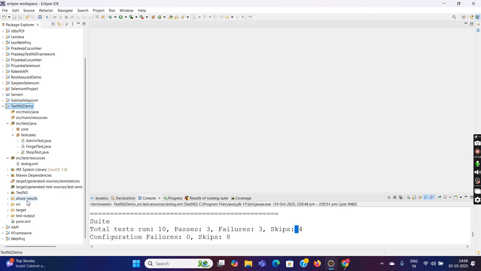Okay. So like in Extent Report, I was right clicking and I can directly view it in an HTML format. It generated the file in the HTML format. But in Allure, when I run my project, it will generate the Allure results, but I will not be able to view it in HTML format. But how to view it in HTML format? Now for that, what I have to do